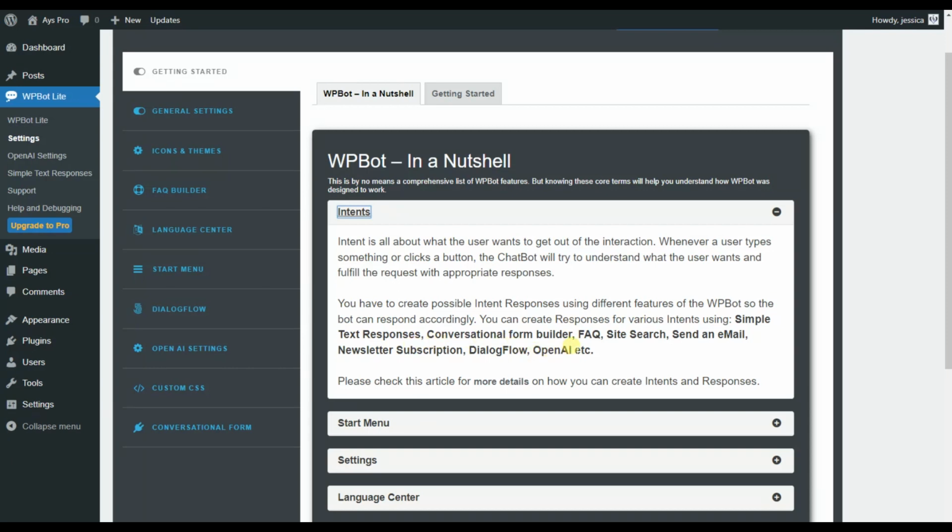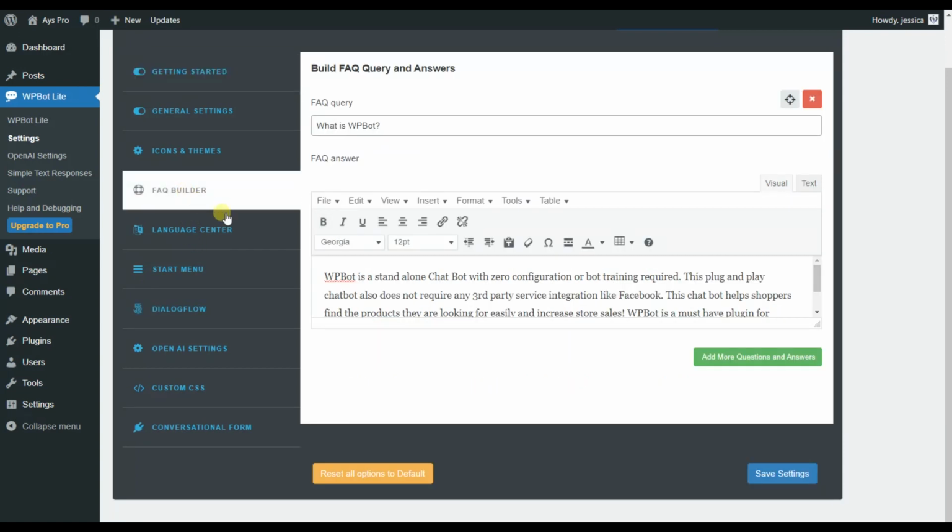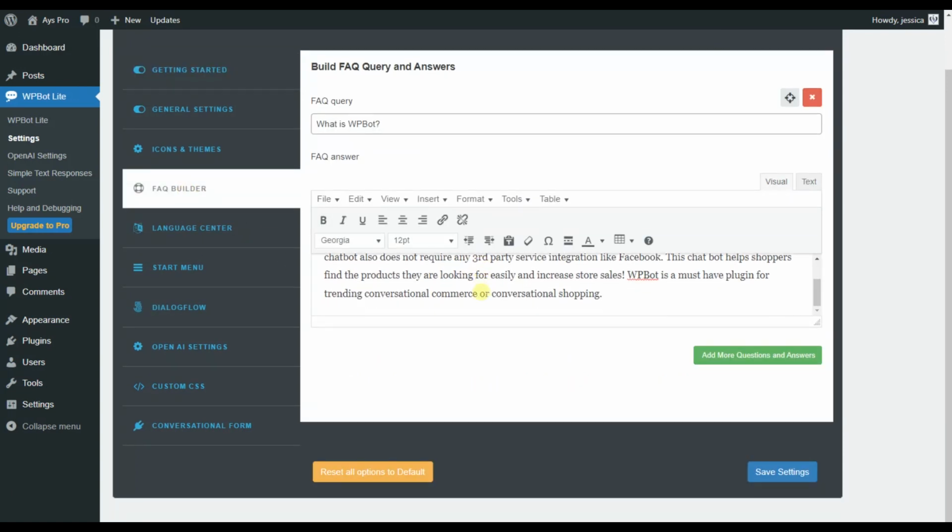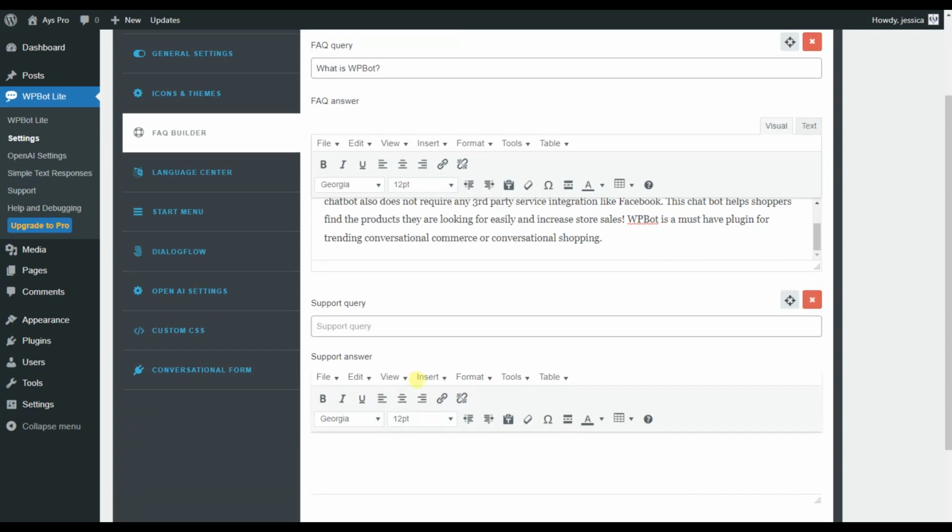It is a conversational form builder. Using this plugin, we can create a FAQ, site search, and so on. In this sidebar here we can see that we can customize the settings of the plugin, and here we can see that we have the FAQ builder, which is responsible for adding the questions. Just click on the add more question and answer buttons and add your desired question,